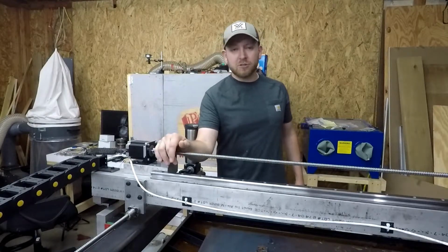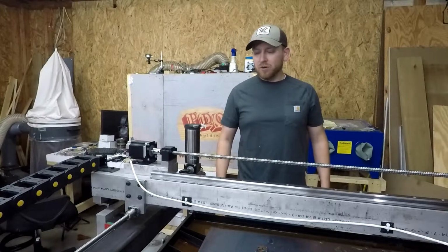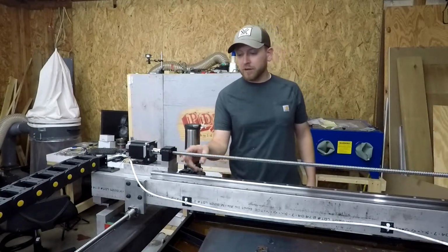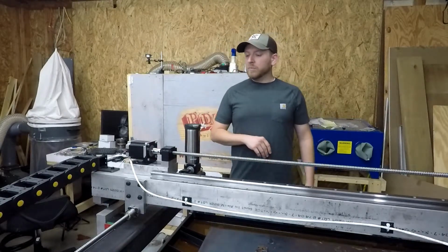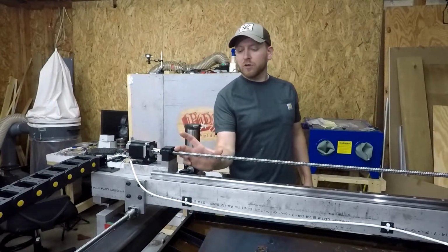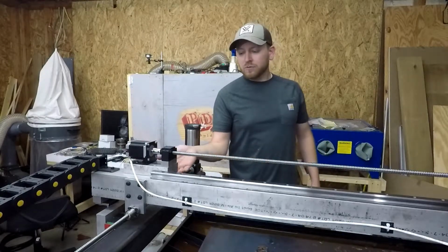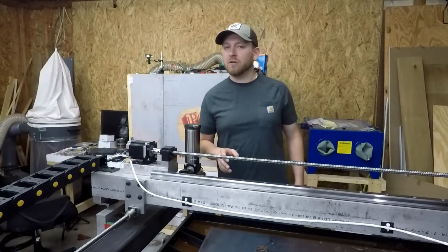I've got it sitting on just some funky plates, and it works, but it's not ideal. I've got multiple spacers just to get everything lined up where it needs to be. I actually machined them flat on the tag and made sure that everything was the right height, and it works pretty well. But once you get to the ends of the ball screw, it binds up. Now, I know that is likely due to whatever I've done here, some misalignment. Ball screws are very tight tolerance, but